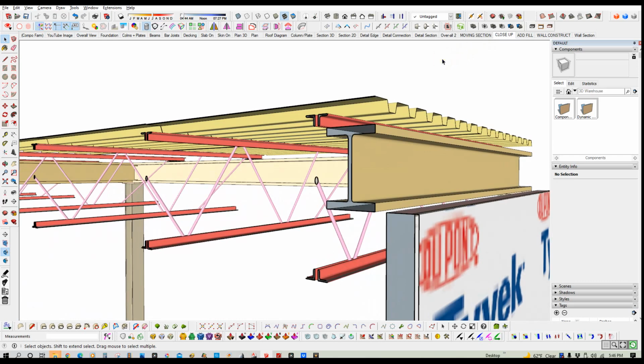Take it as far as you want. I mean, take it as little as you want, whatever works for you. Adding fill, not P-H-I-L-L, but F-I-L-L. That's over here in the